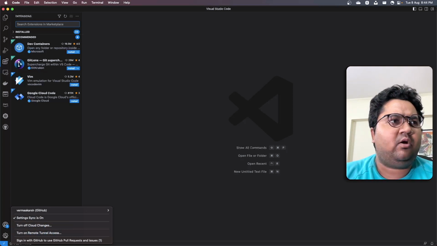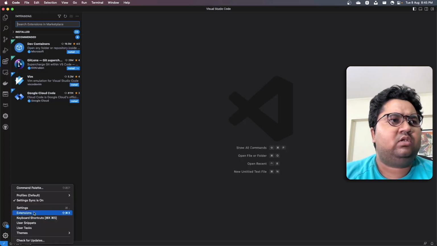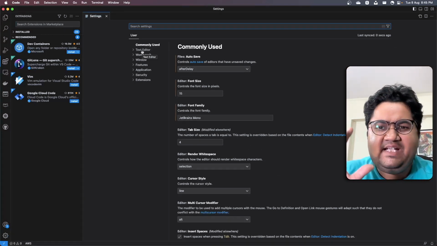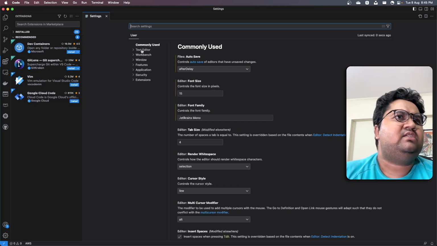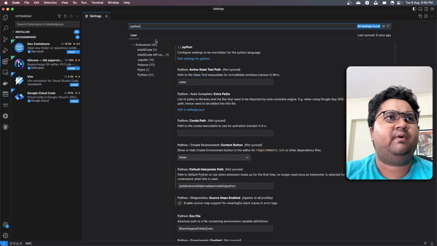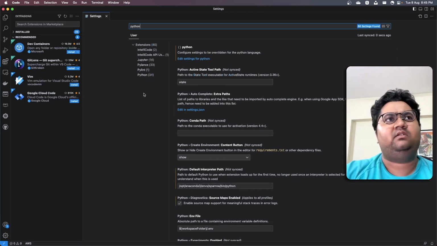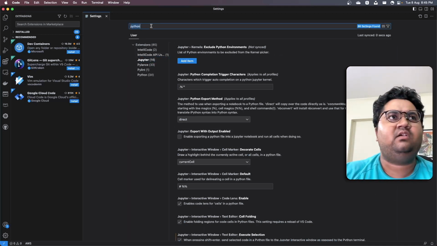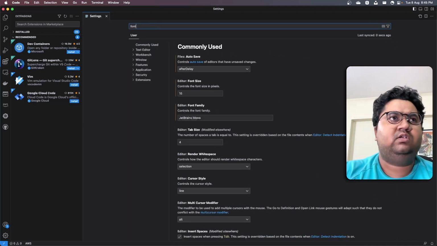So these are some nifty options. You have some more settings that you can do, but this is kind of an exhaustive IDE customization, I'll say. You can change your font, you can change your app specific features. For example, if I search for Python, it will give me everywhere Python comes in. You have Jupyter specific settings. I've made some customizations here, but as you progress using the IDE, you will probably want to go the easiest